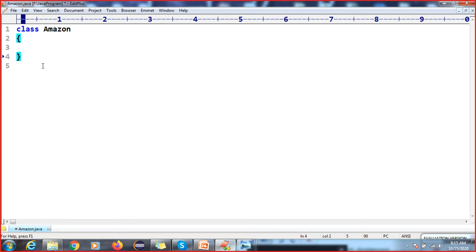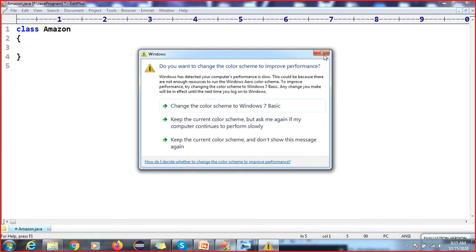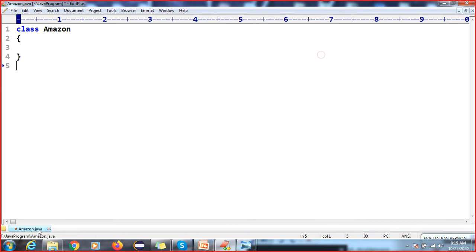I did not compile this code, I did not execute this code. This code is called source code. The code has only the .java file extension, right? I did not execute and compile this. So here we have to understand a little bit. The question is why we use the class keyword, and this is your class name.